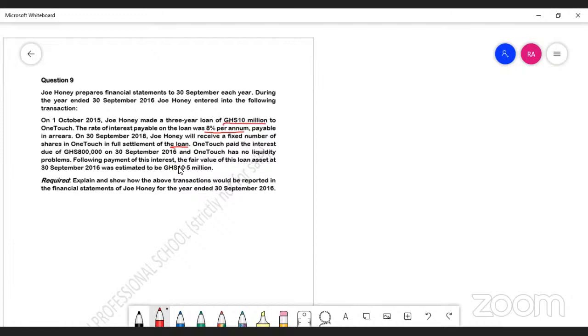One Tax paid the interest due of 800,000 on 30 September 2016, and One Tax has no liquidity problems. Following payment of this interest, the fair value of this loan asset at 30 September 2016 was estimated to be 10.5 million. So the difference between the 10.5 and the 10 million should also be taken to P&L. Well, we need to measure it as fair value through P&L. Okay. So you say that